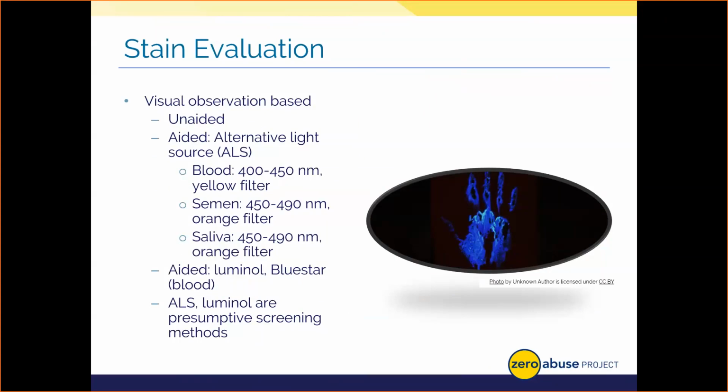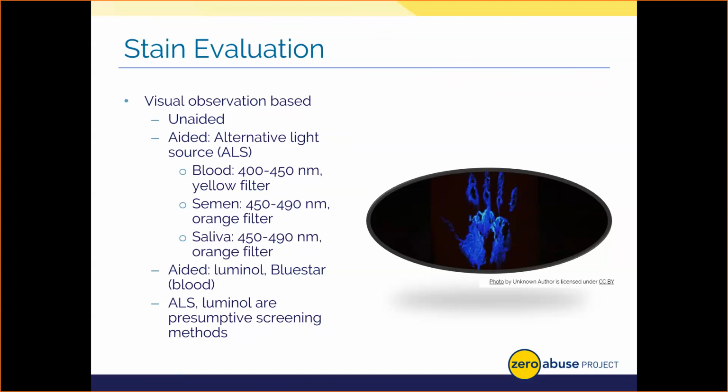There are expensive models of ALS that are benchtop or tabletop based and reach a wide array of spectra, or different wavelengths of light, down to, believe it or not, portable torches that can be used on scene. They're handheld. Now, the following spectra of light that you see here in filters are just examples of the type of ALS wavelengths and filters or goggles that we'd use to detect the following body fluids. Note that body fluids are variable in terms of ALS detection. There's a wide range of filters and wavelengths that we can use.